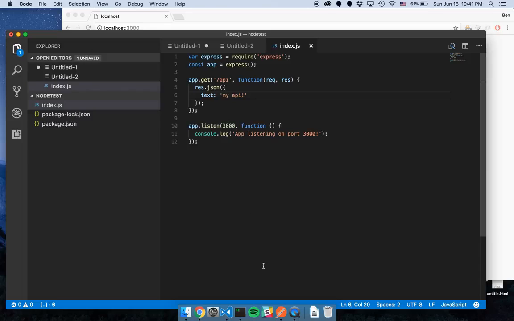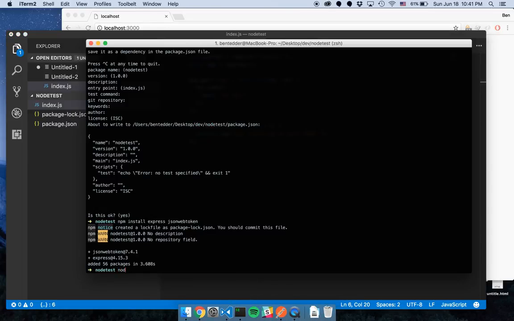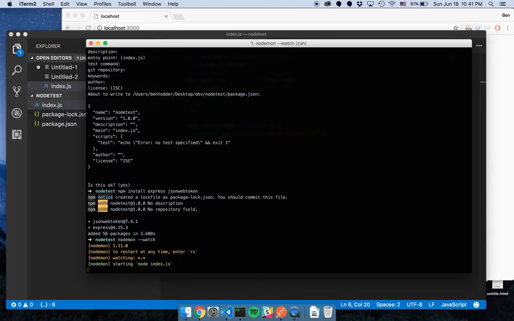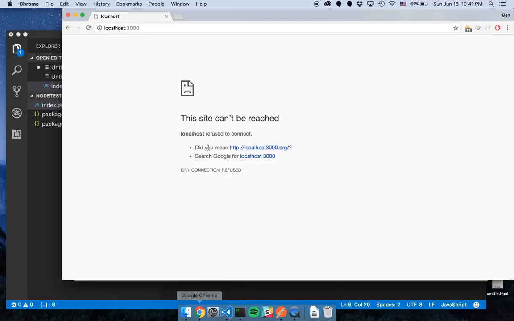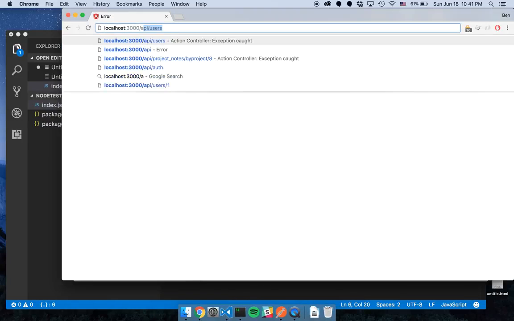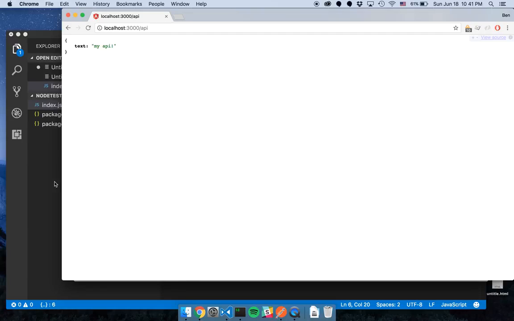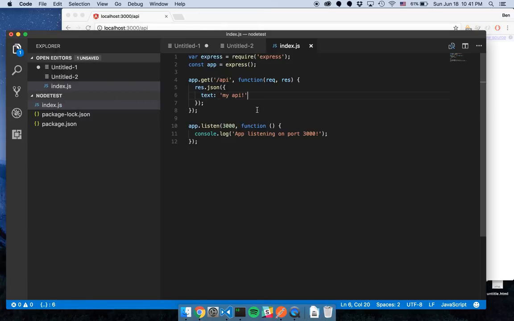All right, so there's our API endpoint. I'm going to use Nodemon just to watch everything, and let's go check it out here. Great, our API is working. Cool. The next thing we're going to do is create a